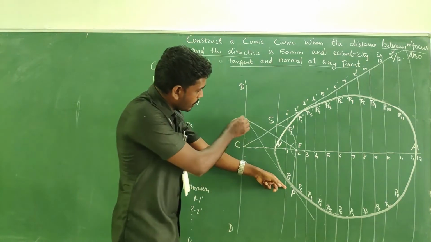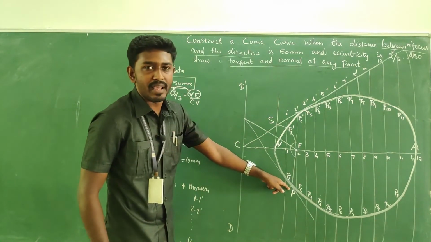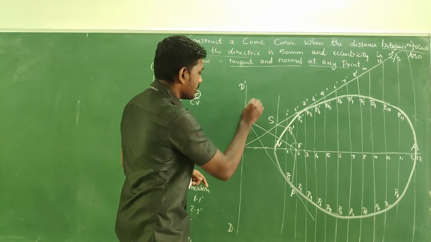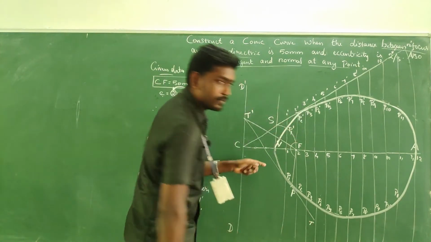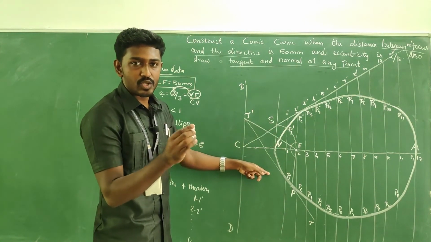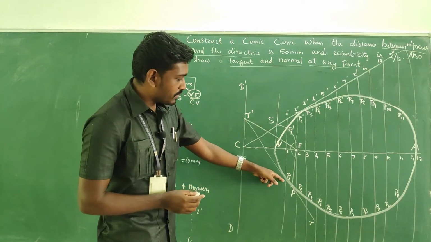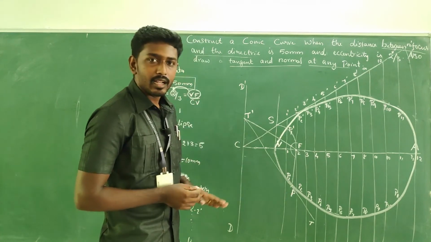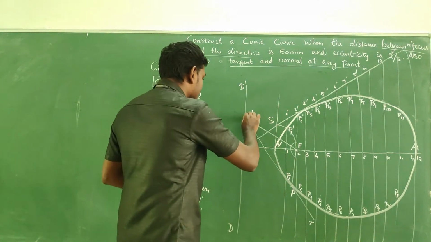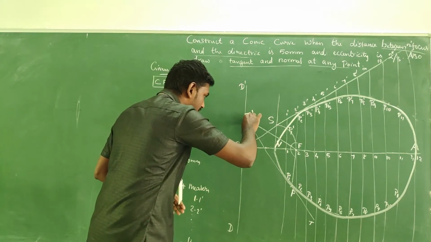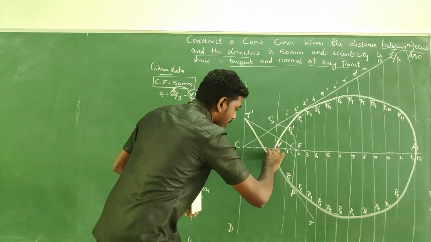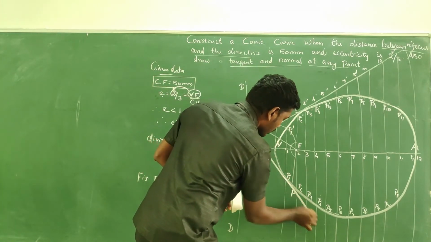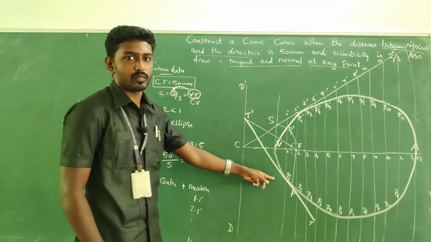From the intersection point, you can draw a line passing through the point P. It just touches the outer periphery of the curve. It is nothing but T dash and T. If a line passes through the outer periphery of the curve, we can call it a tangent. So here I have taken the tangent line. This is the required one, it's an object. You can make it a dark line with the help of a 2H pencil.